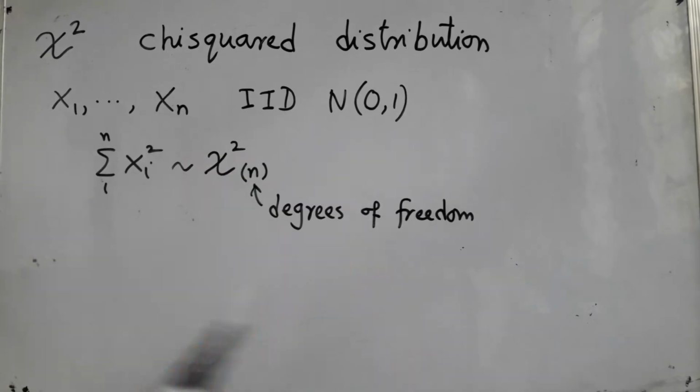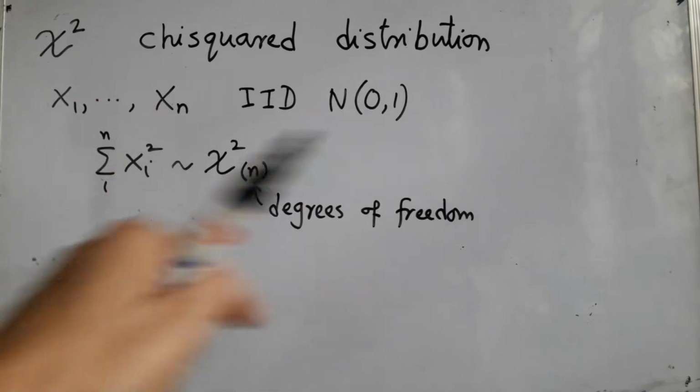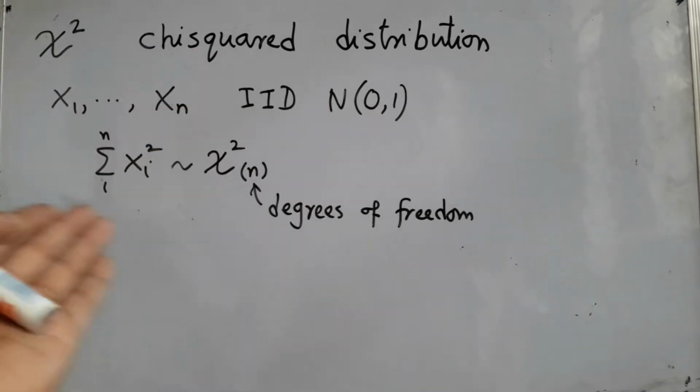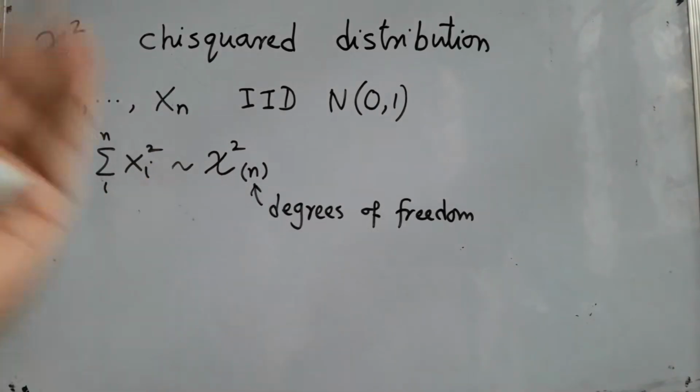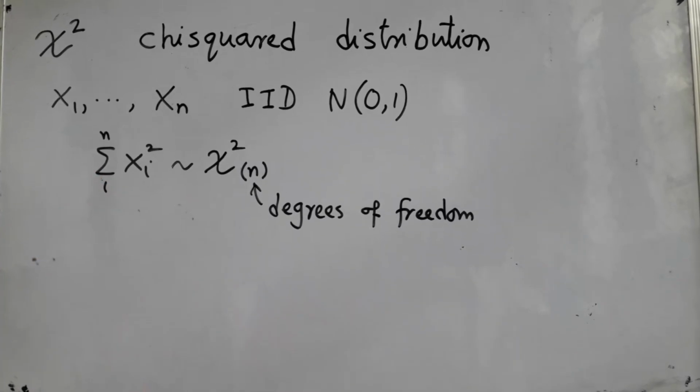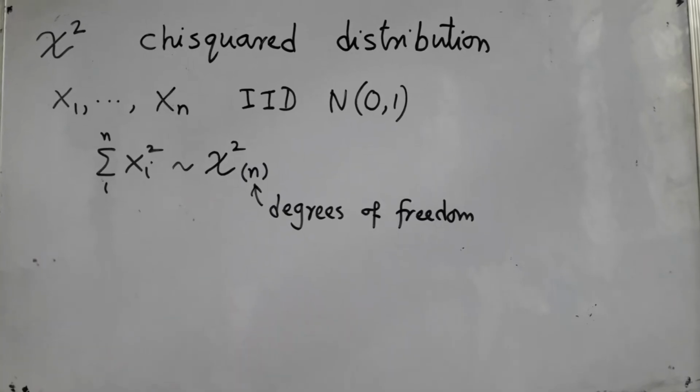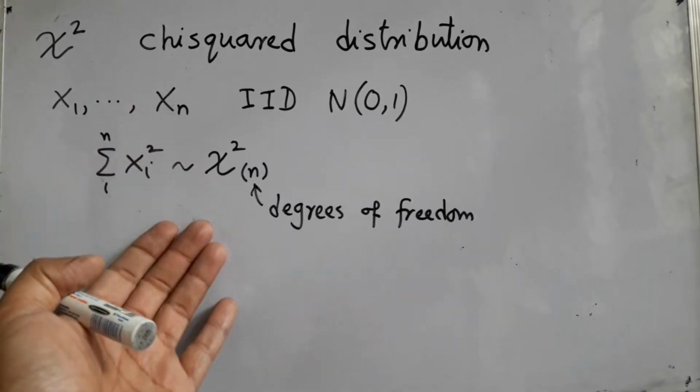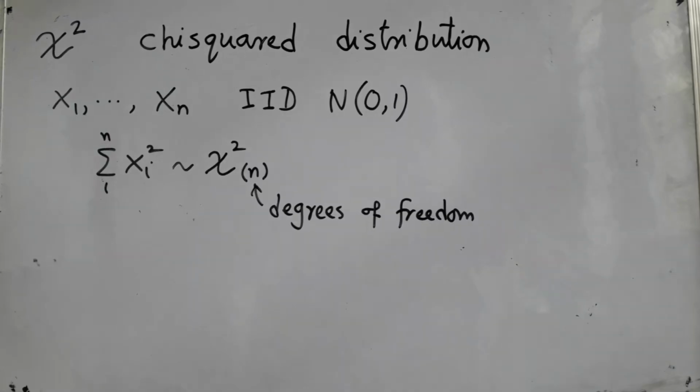Now this definition is somewhat roundabout in the sense I have not given you its PMF or PDF or whether these things exist or not. I have given you basically a random experiment, how you can generate one such chi-square random variable. And this definition is what is useful most of the time. You really do not care about its PDF, etc. But in case you are interested to find its PDF, that turns out to be pretty easy once you learn